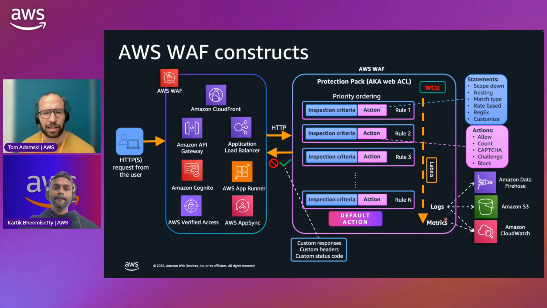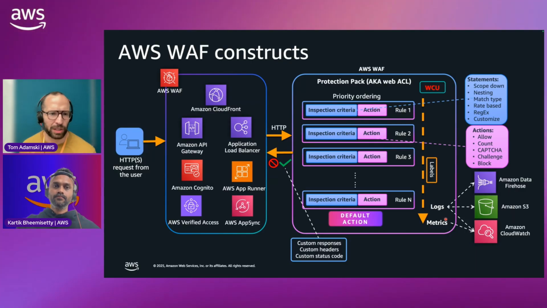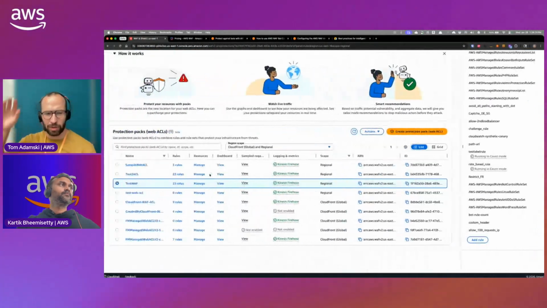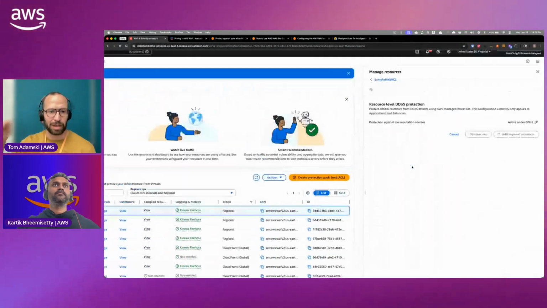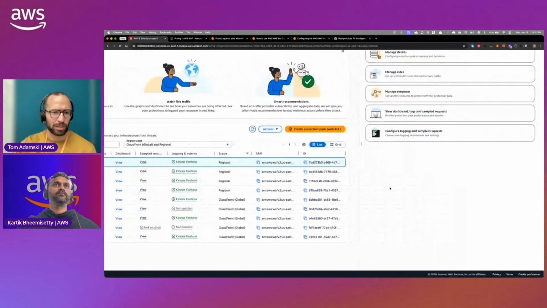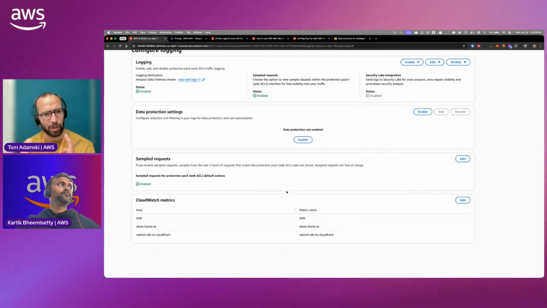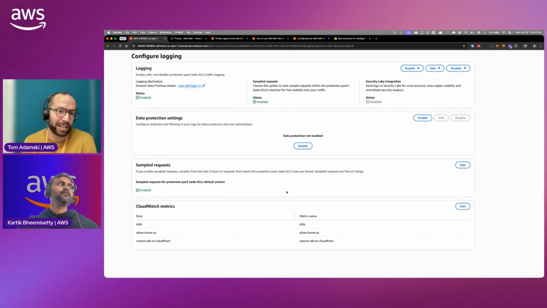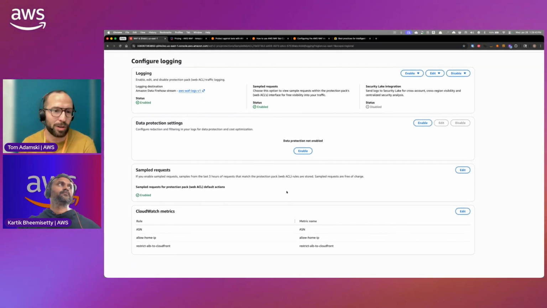So Karthik, one question on that. If I understand correctly, you have the option to scope down the logs and basically just log traffic with a particular label. Is that correct? I could just decide I don't want to log all my traffic because that's a lot. But if I see a particular label, that's when I want to trigger logging. So I'm optimizing the cost a little bit while capturing things that are labeled with the things that I care about. Maybe I add a logging label and only log the stuff that I want logged, right?